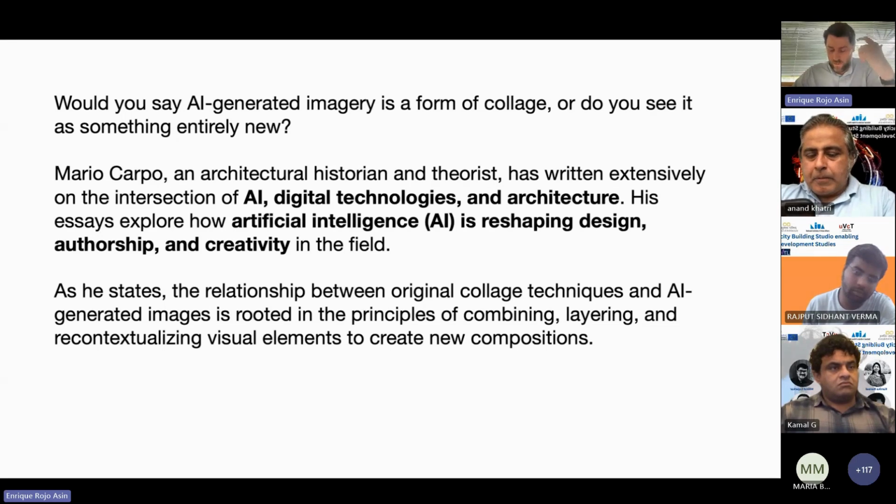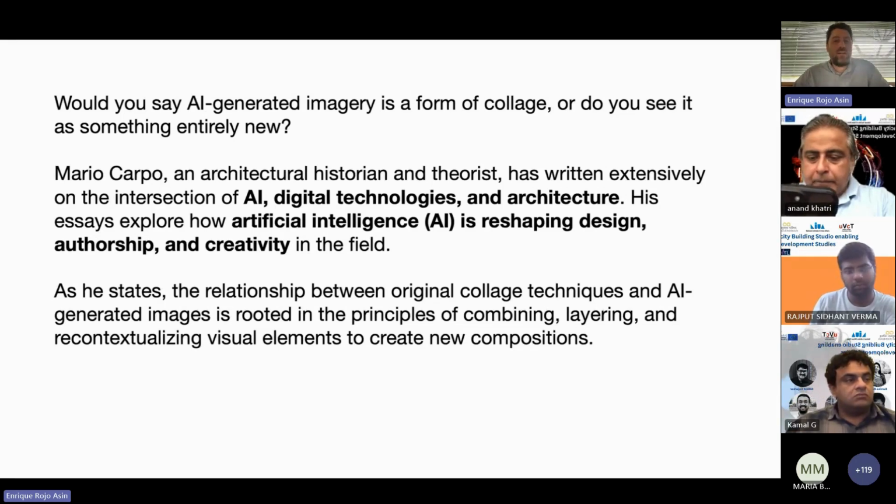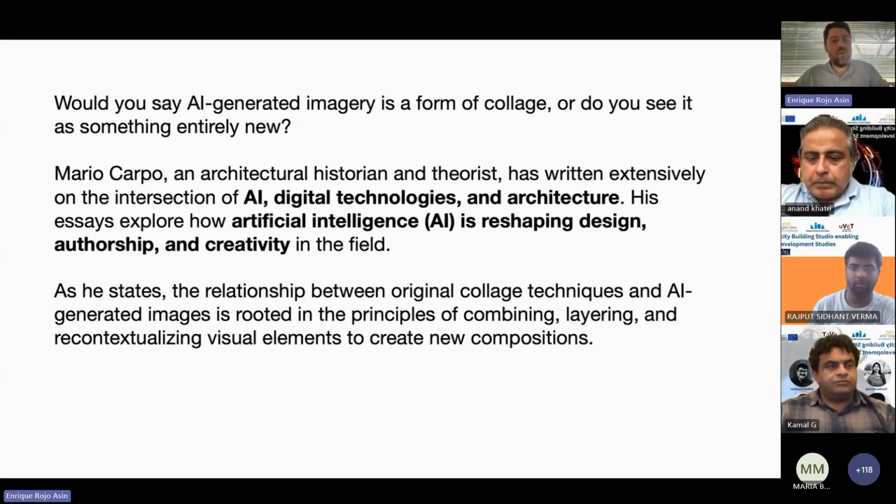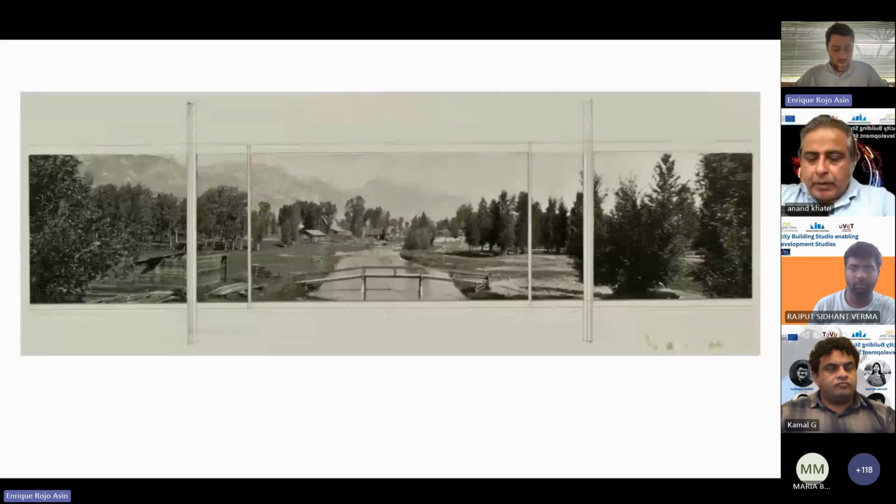No, in the end, collage was a technique that was manual, obviously, in the early days, but now it's a totally digital production tool. And there are some analogies between these diffusion models and the collage that, for example, Mario Carpo has dealt with and wrote some essays about. And I think it's good to know this relation to understand that these technologies and these techniques are closer than you may think, no? And think about how creativity in this field of architecture is similar in both cases, no? So, that's why we use collage, no?